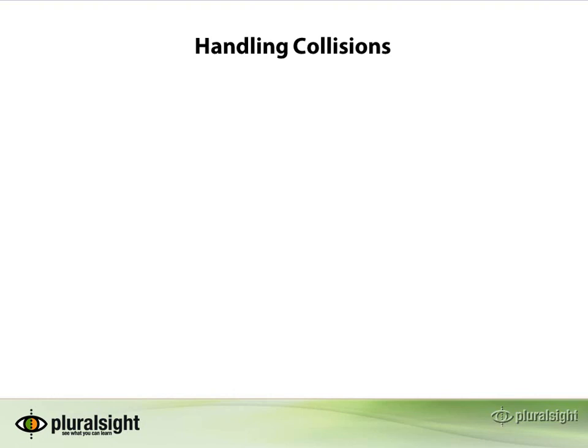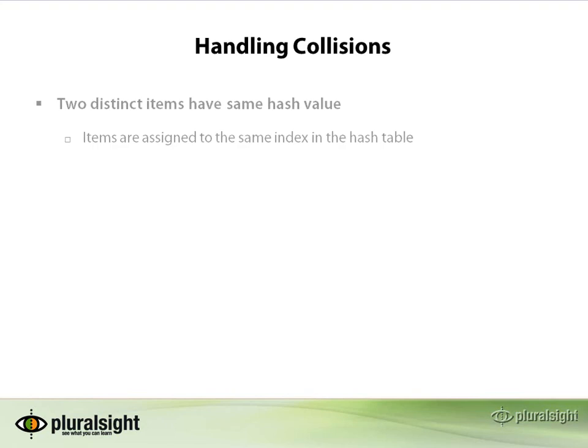When you're implementing a hash table, collisions are inevitable. And a collision is when two distinct items have the same hash value. So what ends up happening then is those items will be assigned to the same index in the hash table. And that's a problem, because if you already have an item in the hash table and another item needs to